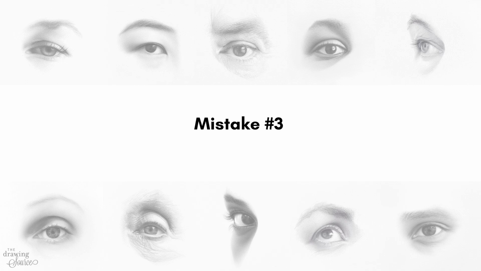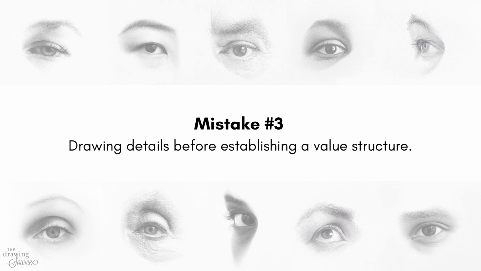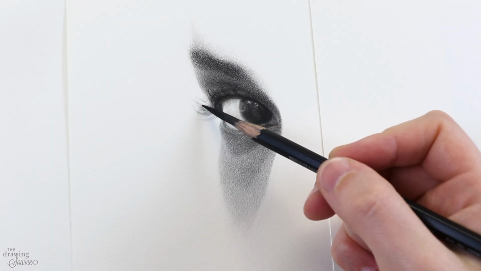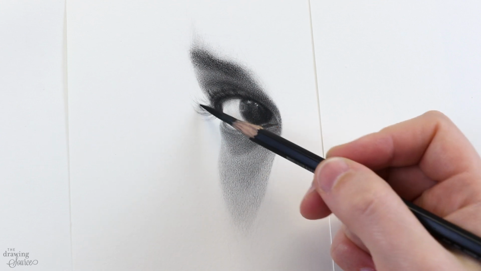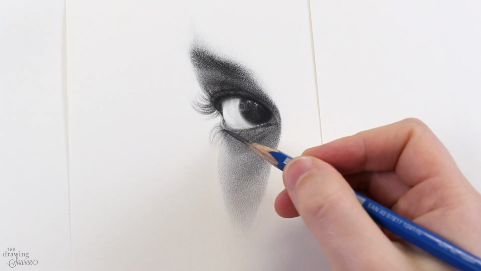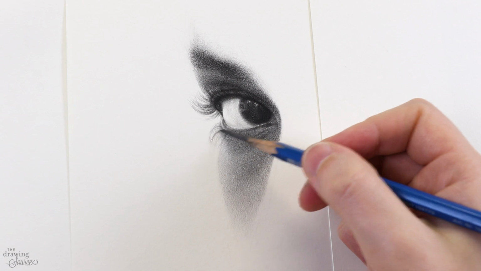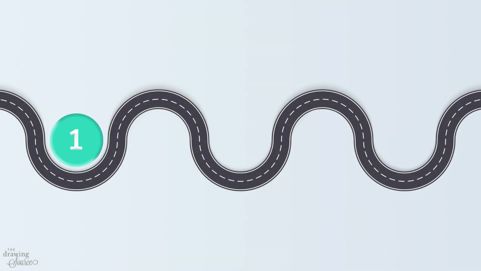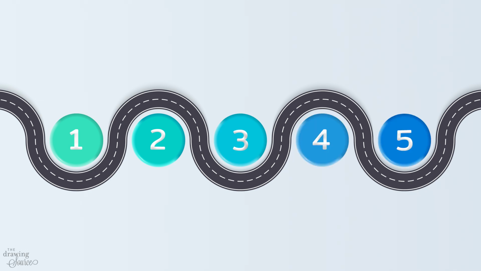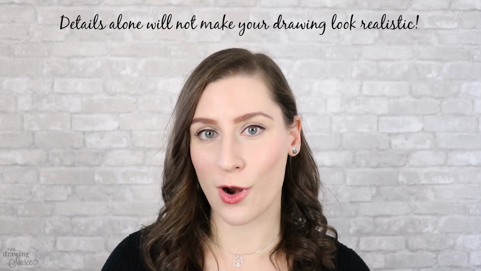Mistake 3. Drawing details before establishing a value structure. There are so many seductive details in an eye that we all want to dive into. I want to draw eyelashes, eyebrows, and the beautiful radiating fibers of an iris as much as the next person. But the order in which we add information to a drawing is really important. Adding detail too early can actually lead to an unrealistic drawing, because details alone will not make your drawing look